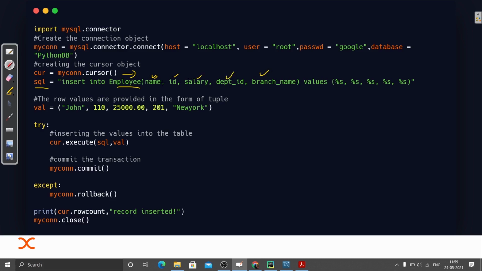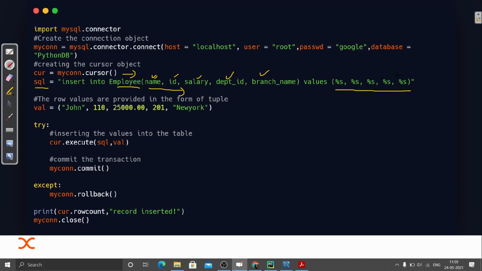Now I need to insert a new row. This order is very important, so just mark it: the order in which you write the columns, you will write the values also in the same order. The values here are %s, %s, %s. Now what does that mean? I will tell you.